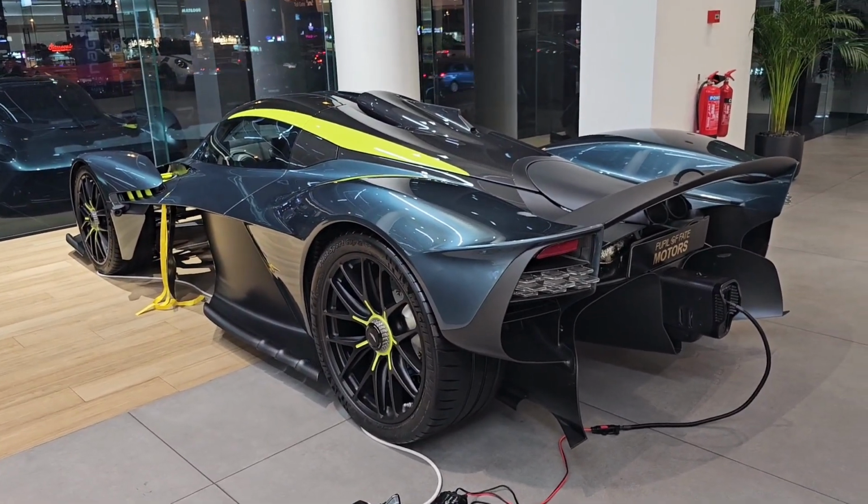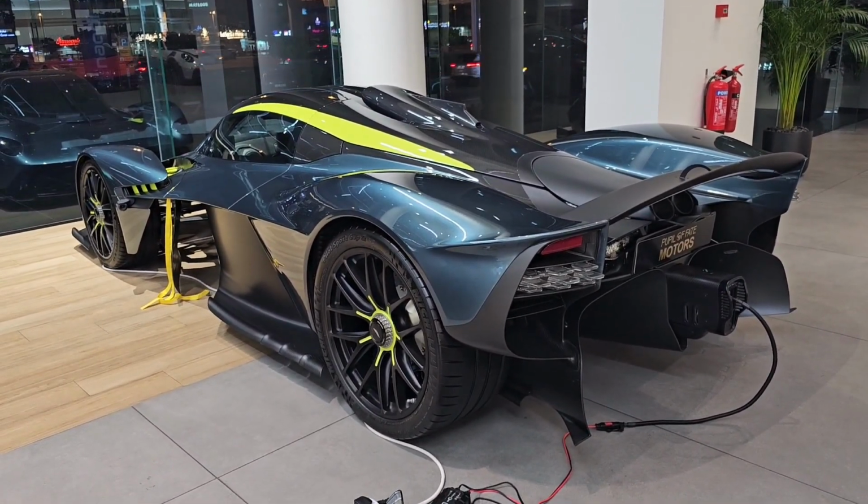Check out this crazy interior. So there's nothing but carbon fiber